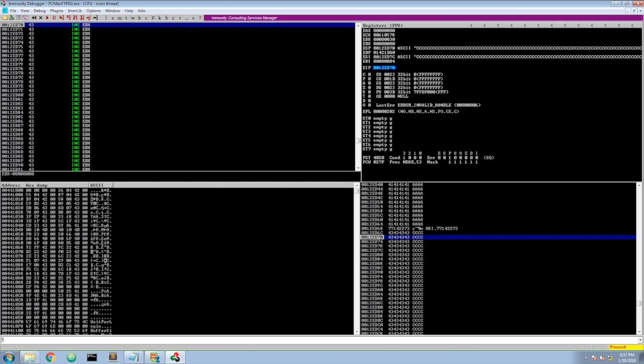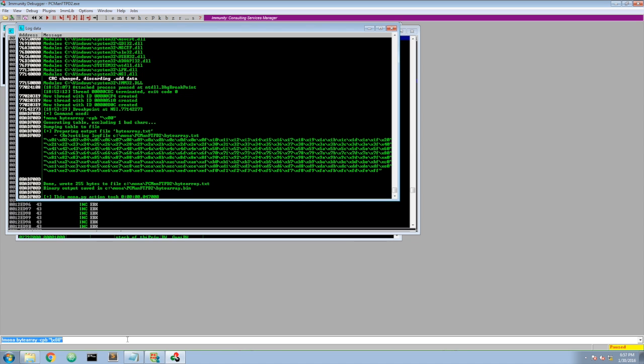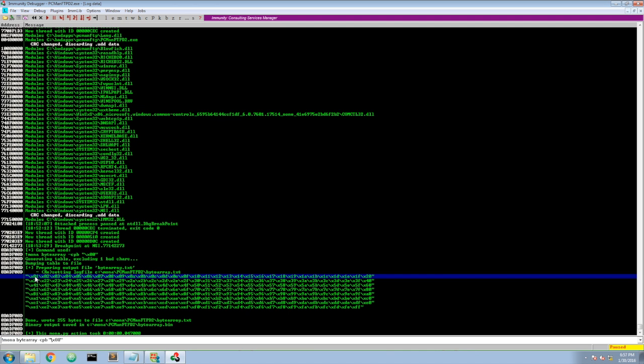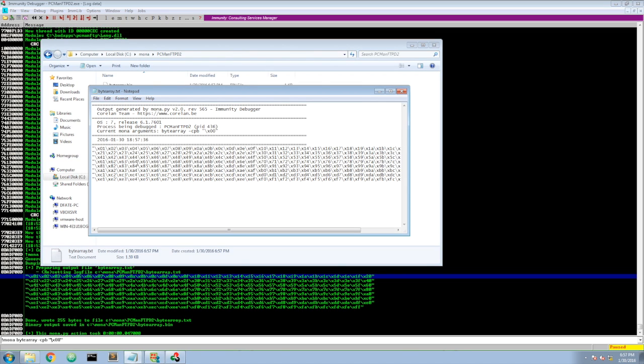Once again, there's a Mona module that will help us. We will use Mona bytearray to create a list of all possible hex values, and we will also define a bad character we know already, which is the null byte. So as you see here, Mona will create an array including all hex values except the null byte 00. We will now copy this for our payload,